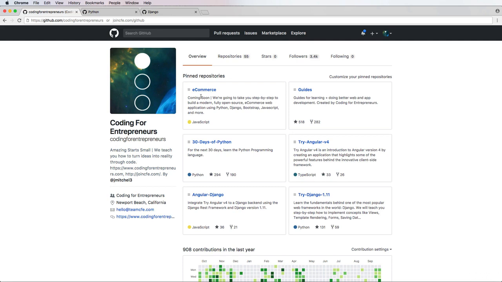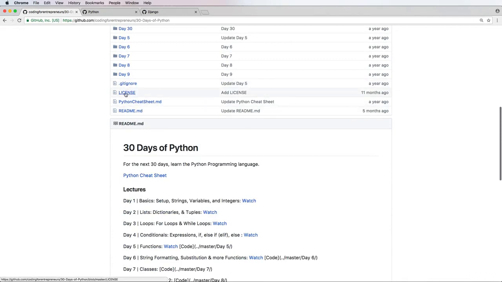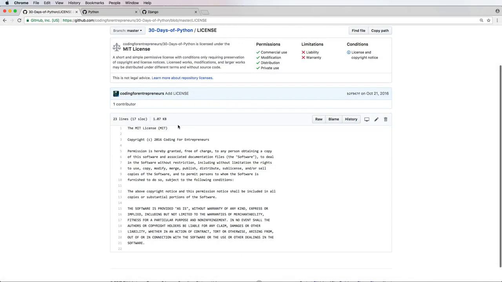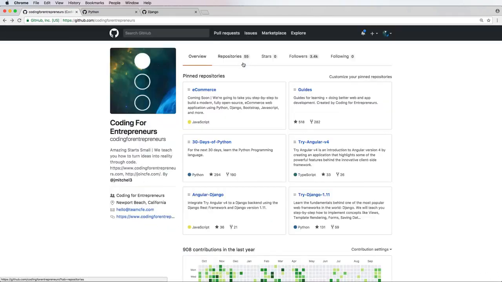Now, there are some things that you can and can't do with them, because each open source project has its own license, right? So if you click on any of them, there's likely you'll see something like this, a license, and you can see generally how you might use it. And of course, GitHub gives us some extra context on how these licenses work in some cases. But generally, this code is open. At the very least, you can learn from it, even if you don't use it, right? So even if you don't use this code directly, you can still learn from it.